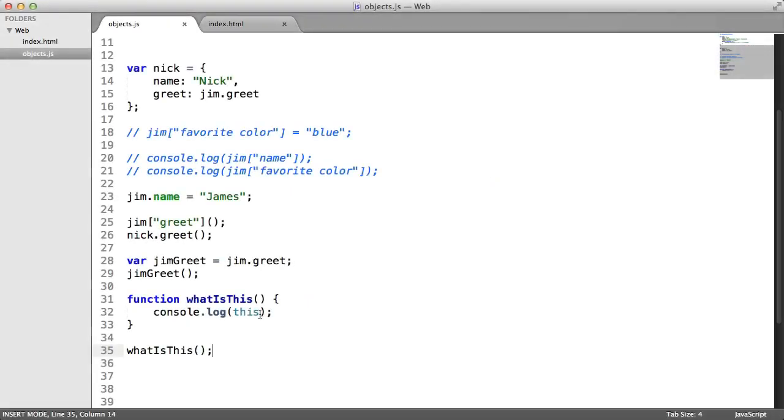In the last video, we learned about methods and the special value called this. Now we'll learn how to control the value of this with the methods call and apply. So we saw how this can be bound to an object by calling our method like gym.name, or by using our square brackets and calling it gym square brackets greet and invoking it with parentheses. This will be bound to Jim, or in this case, this will be bound to Nick,